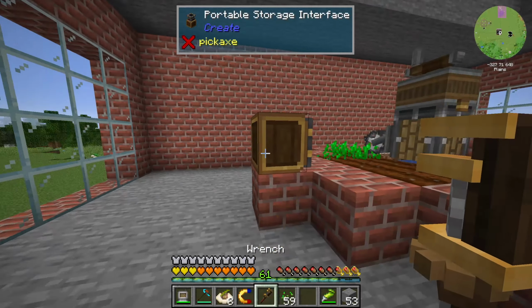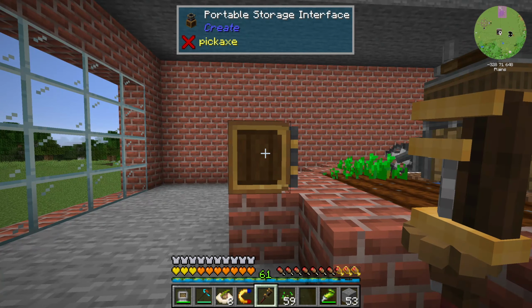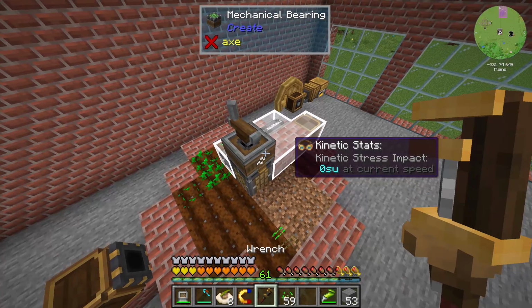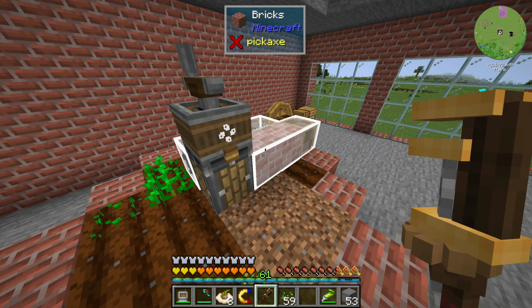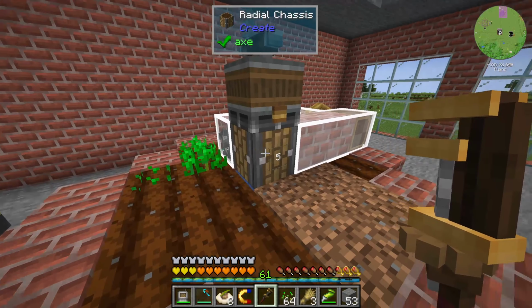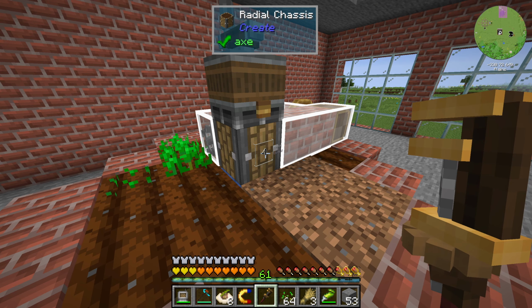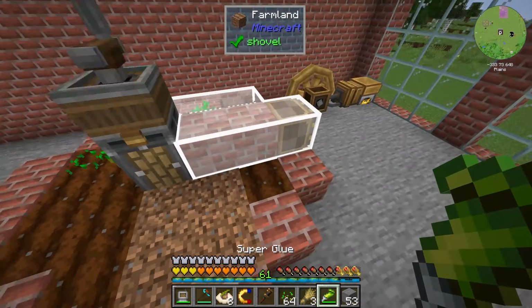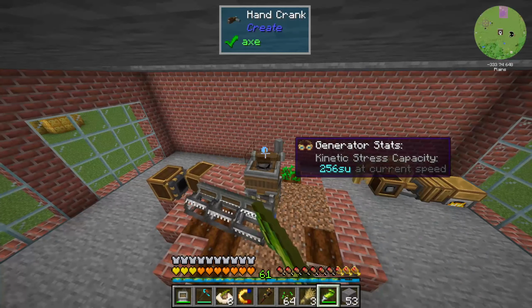And basically, you want these to face each other, the two portable storage interfaces. So when this rotates around, you see that white outline? You can change the radius of your radial chassis to grab more or less blocks. So we can make this really go crazy, but we want this to just be that far. 3 blocks should be good. Now when that spins,